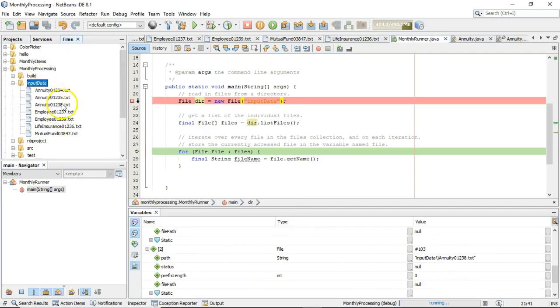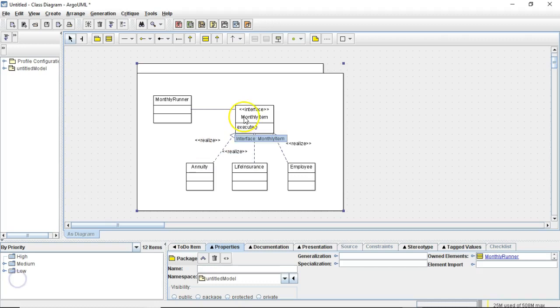If I go over to files, we'll see, sure enough, those are the first 3. And of course I can continue, and I can see employee 01237, and so on and so forth. So at this point, I know I'm able to open that directory and read the files. That will help me with my UML diagram here, because